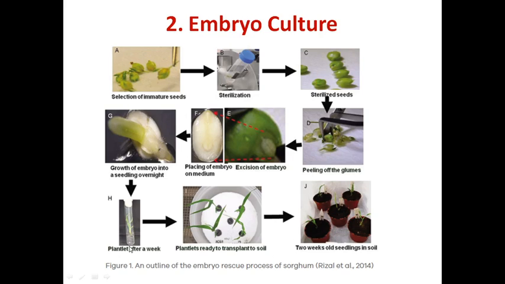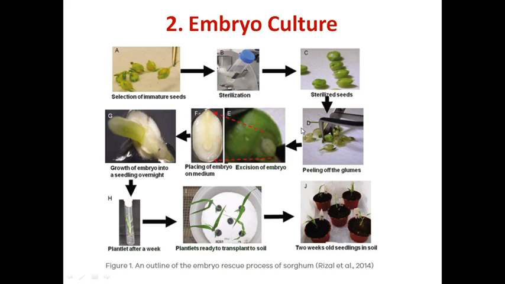viable seedlings. Okay, and the embryo developed from wide hybridization between two different species may not mature fully due to embryo-endosperm incompatibility. So in that case, the isolation and culture of hybrid embryos prior to abortion help in overcoming the post-zygotic barrier and in the production of interspecific or intergeneric hybrids through this embryo culture.